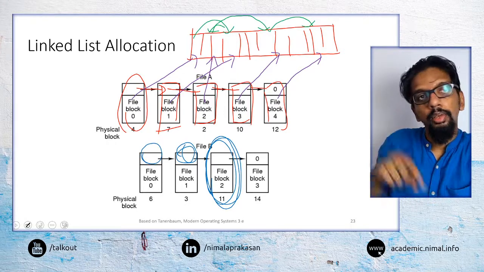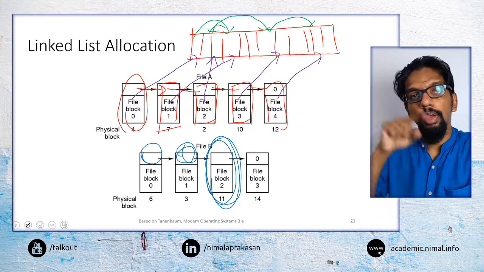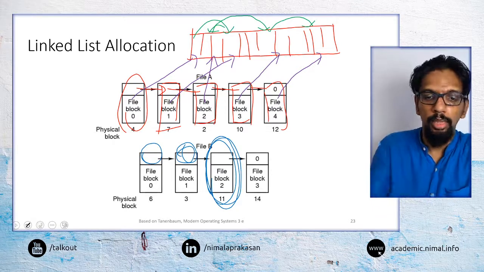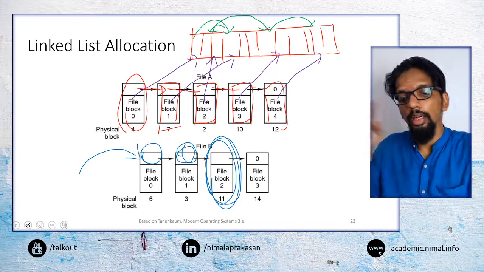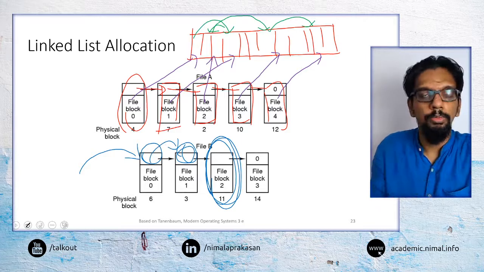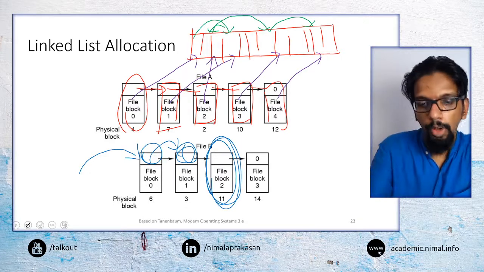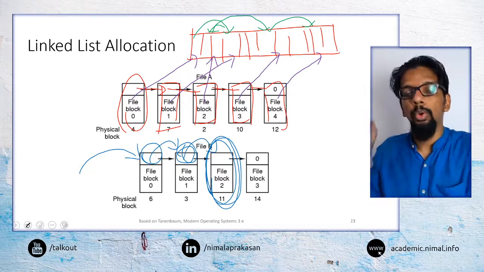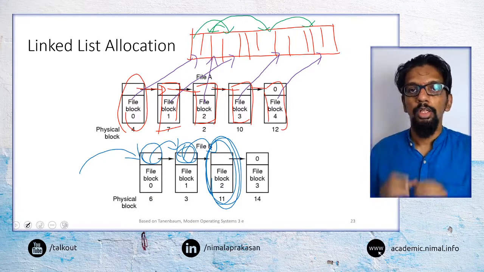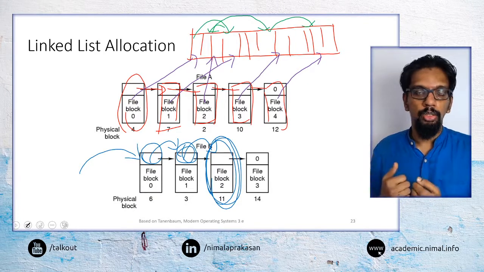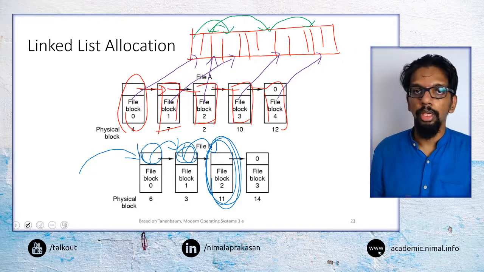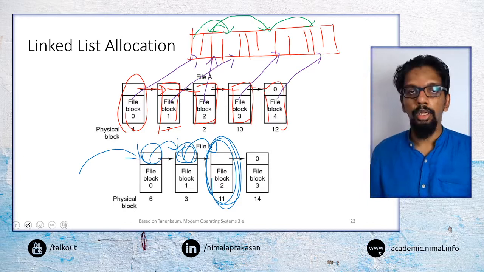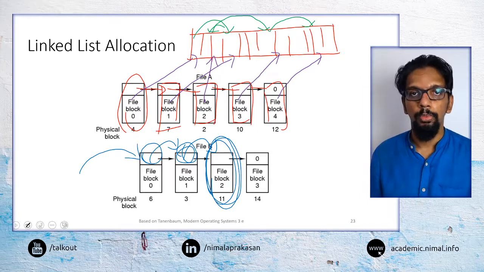So again, here we will end up with a situation where we are doing a sequential access type thing. So we are going to this block, then only we can identify where the next block is. So then we go to the next block, there we identify the block after that. Then only we can go to a particular part of the file. So if we are reading the whole file together, it's okay. If we are reading a file sequentially, it is okay. But if you want to randomly go to a particular part of the file, this may not be a suitable approach.